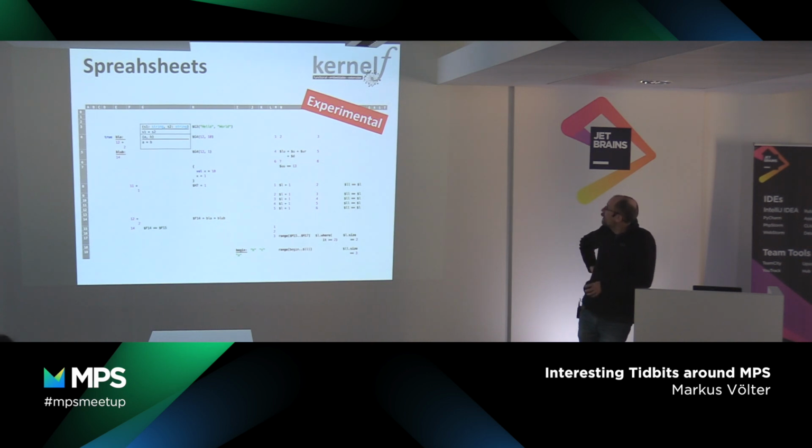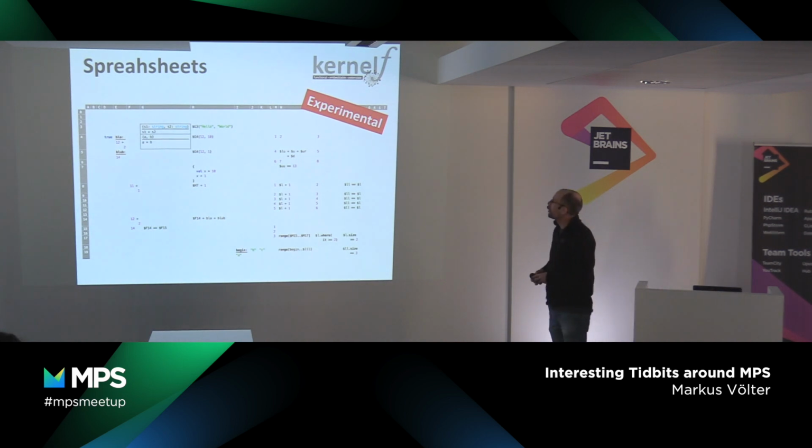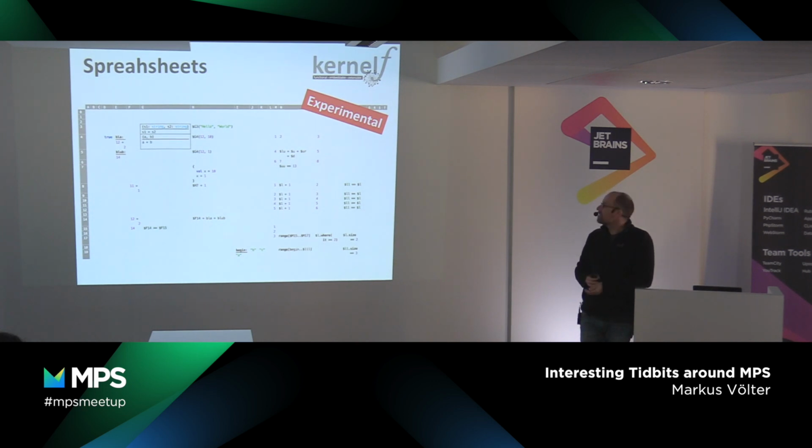This also showed the scalability limits of the table language, because if you have more than 20 by 20 cells, you can watch it repaint, okay? Which is why Sasha right now, it's probably why he isn't here. Actually, somebody has to work. He's implementing a more scalable implementation of the table language to solve that issue. For various reasons, it is a little bit in conflict with how MPS renders editors, and so there's a little bit of magic he has to do. Don't know how. I'm sure he's going to figure something out with lots of reflection code that somehow makes the MPS team crazy, but it will work.